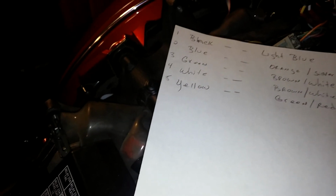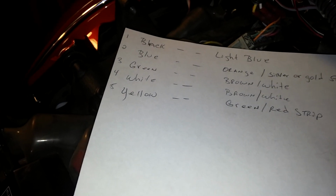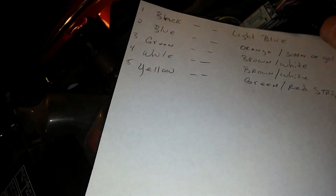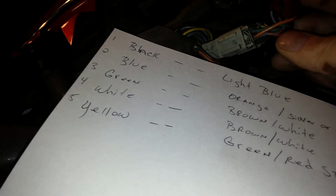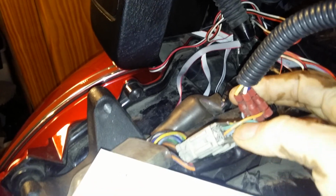Now the last cable is the yellow cable in the wire to vehicle kit. It's going to the green and red strip. Green and red strip, and it's very distinctive, but mine is probably kind of hid there. The green and red one is this one here, and it's kind of hard to see the red, but that's the green and red. So that's 5 connections that you need to make, and there's one other additional connection,